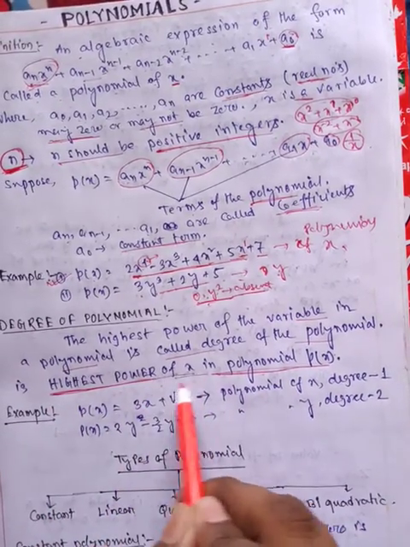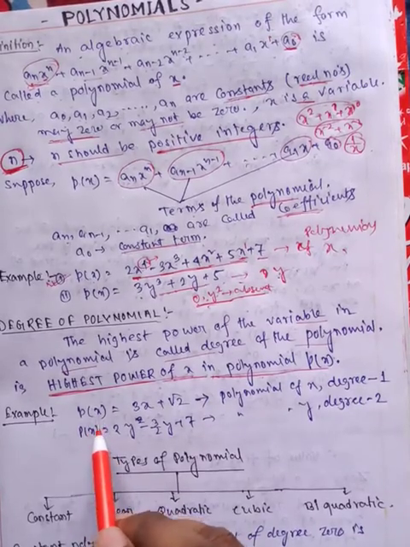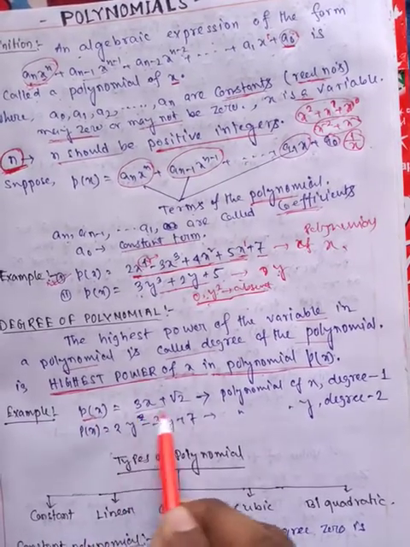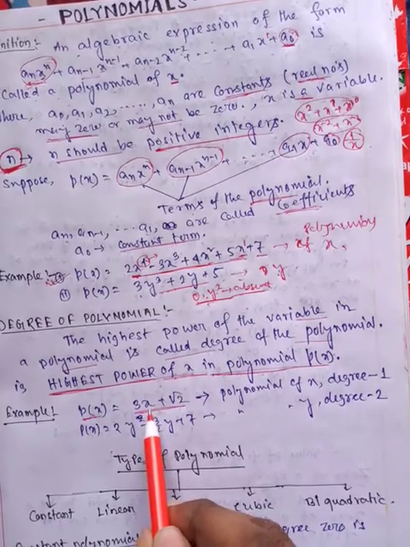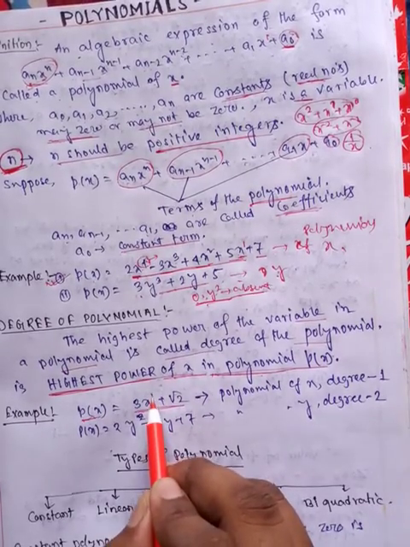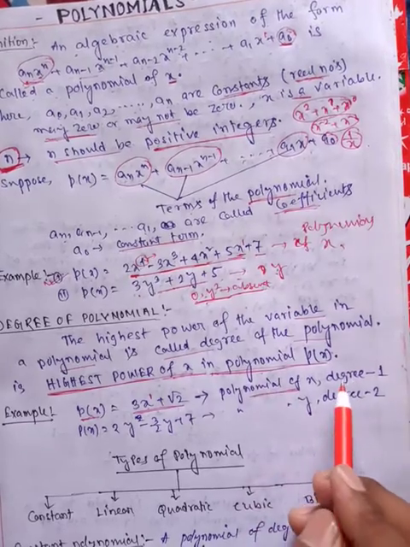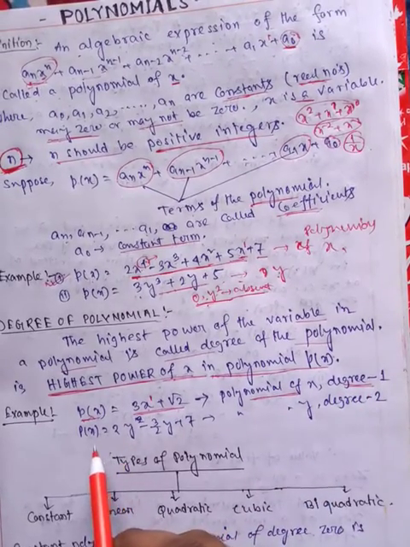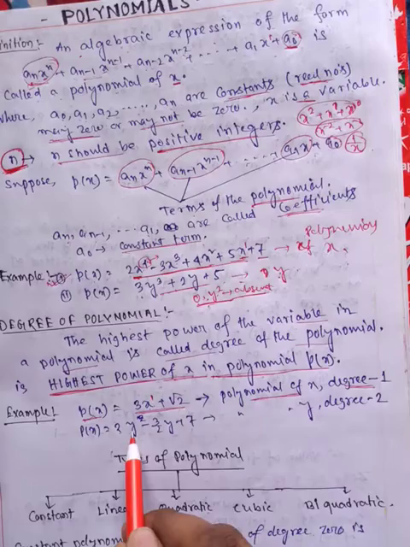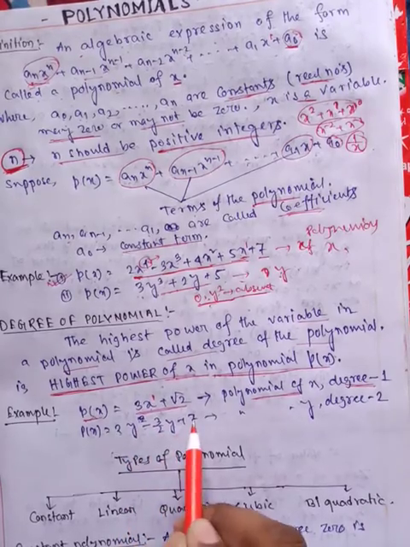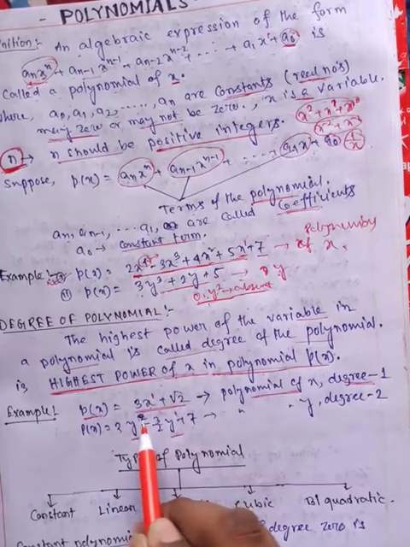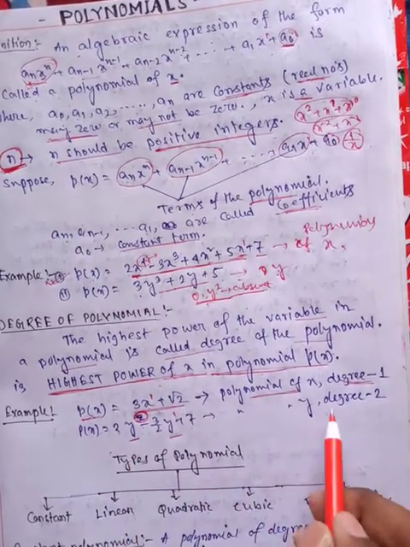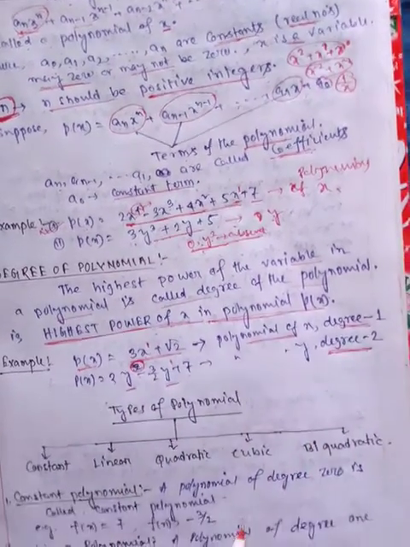Highest power. Now here you can see, give an example, 3x plus root 2. Here the polynomial is in variable x, there is only one x and the power is 1. So it is a polynomial in x and the degree is 1. Again you can take an example, 2x y square minus 3 by 2 y plus 7. Here the powers of y are 1 and 2. Which is the maximum power? This is 2. So the degree of this polynomial is 2.